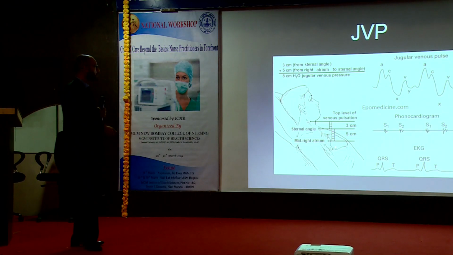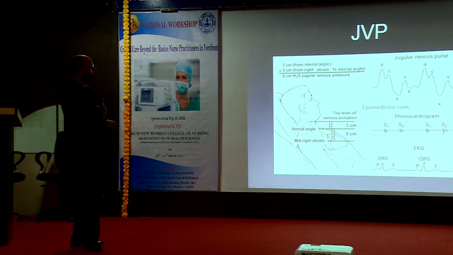Same thing here. Scale here, scale across. Okay? So this is the manubrium sterni. From here, you'll put a scale up, top of the venous pulsation. So if it's 3 centimeters, like it is over here, you always have to add 5 centimeters because that is